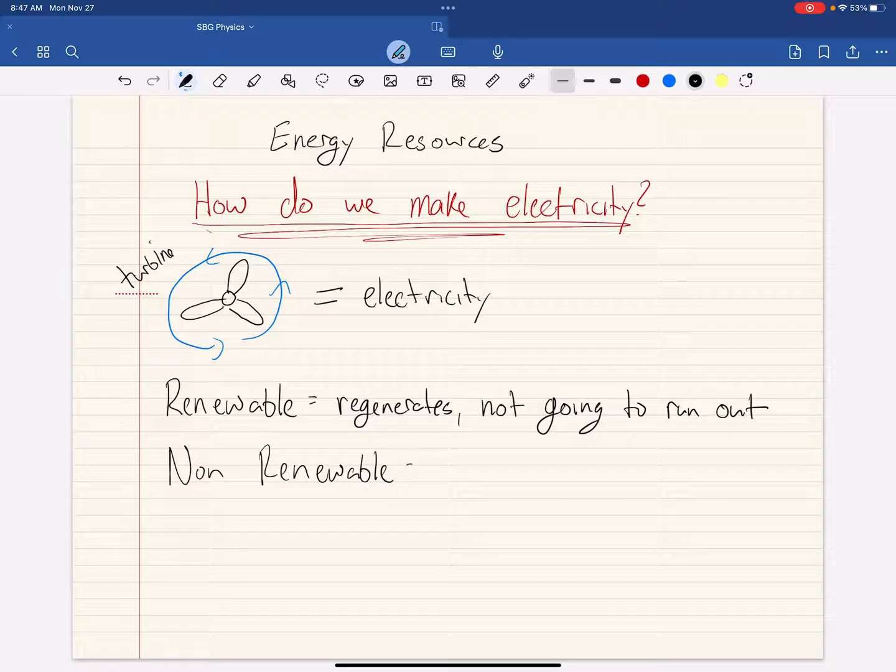Now, a non-renewable resource, in contrast, means that we have a limited amount of this resource, and it's not regenerating. Or at least it's not regenerating fast enough. So coal or natural gas would be a good example of this. There is a limited amount of coal or natural gas that we have on planet Earth. And while, yes, technically we do get a little bit more of it, it takes a very long time for those resources to reform. And so we are using them up at a rate that we are eventually going to